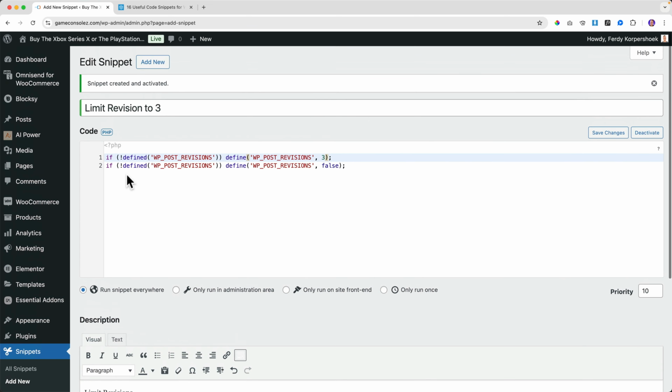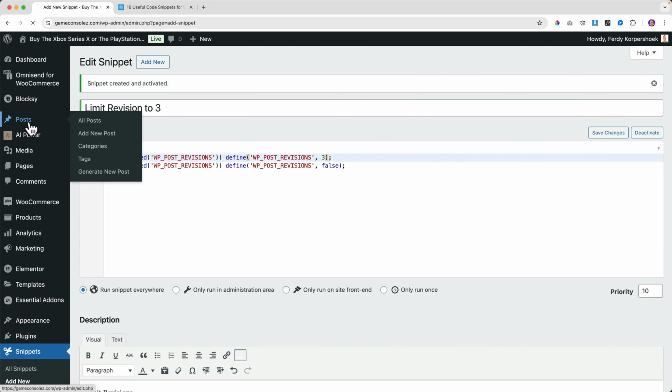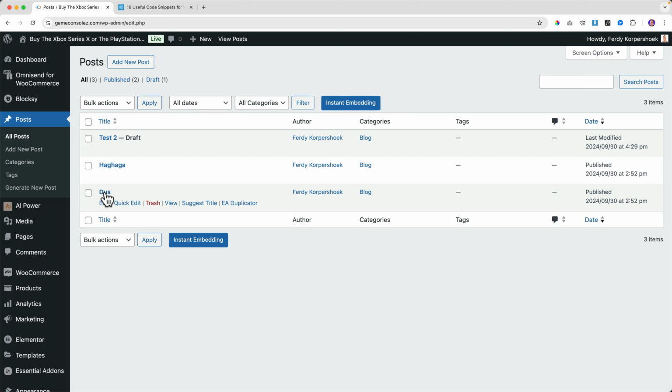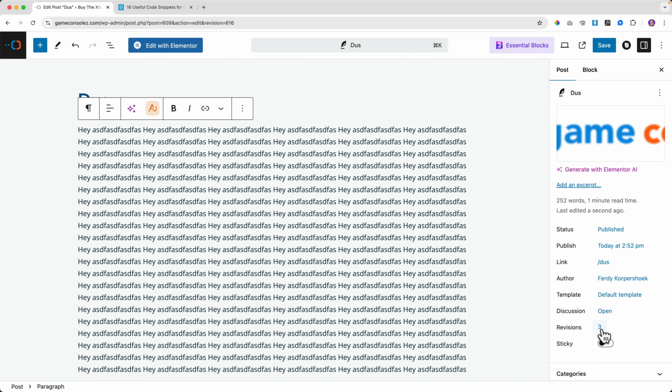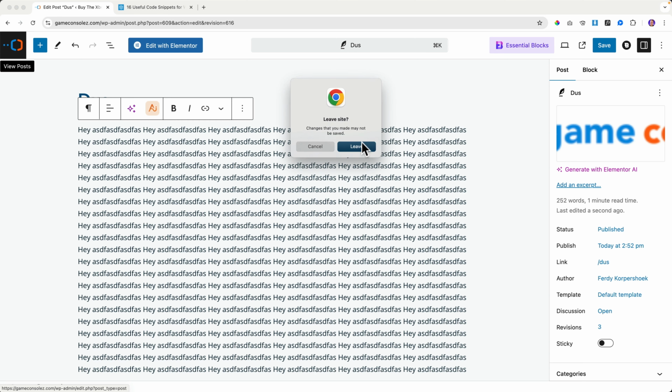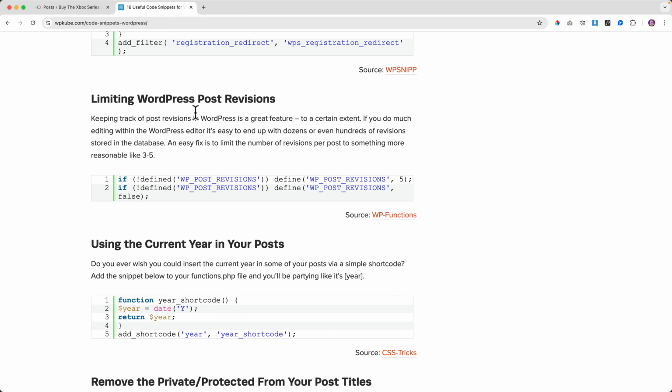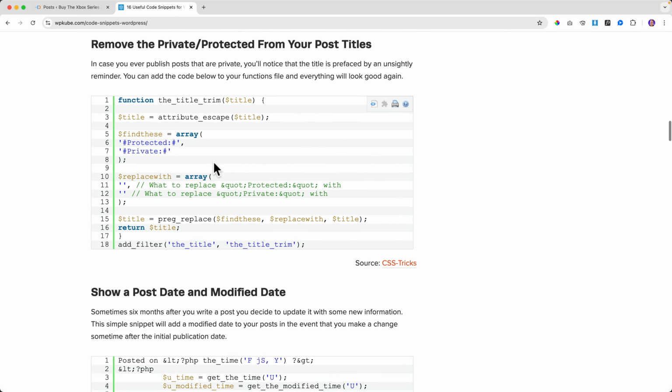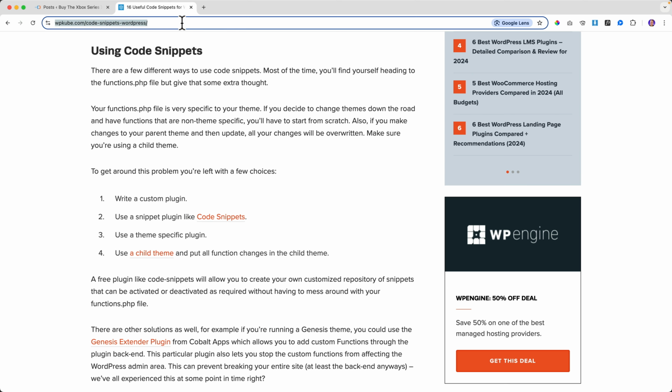Save it. Now, if I go to the post, to this one, I only have 3 revisions. So when I save it, I still will have 3 because then the 4th revision will be removed and that way I keep my website lighter. So that way you can go to the best tools or you search for a specific thing.